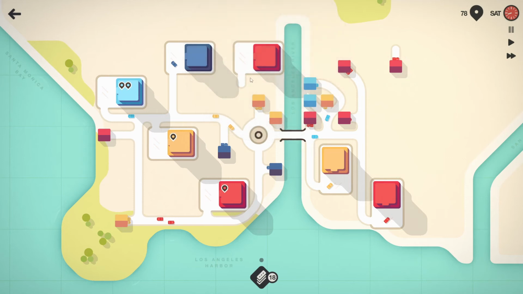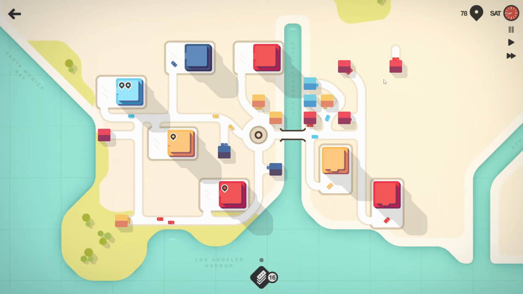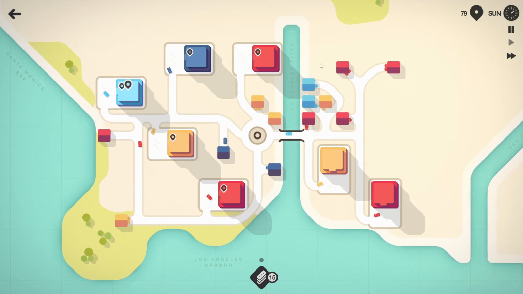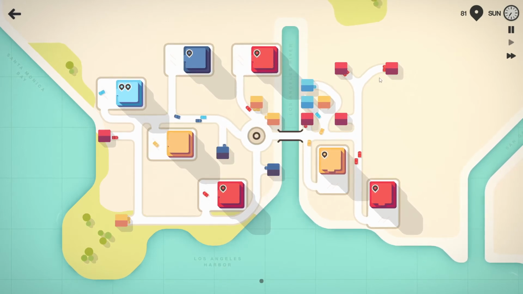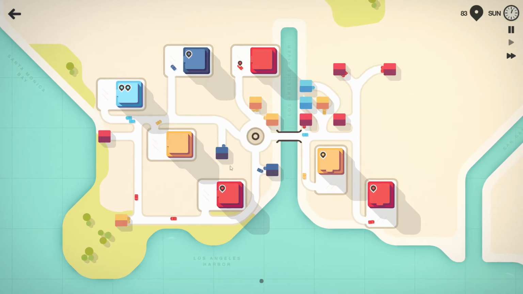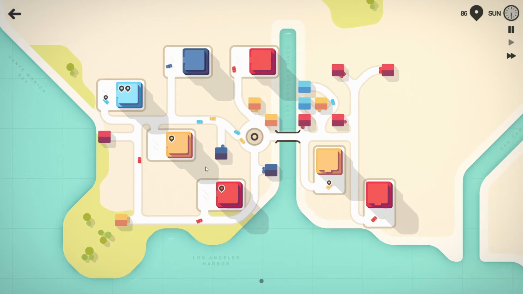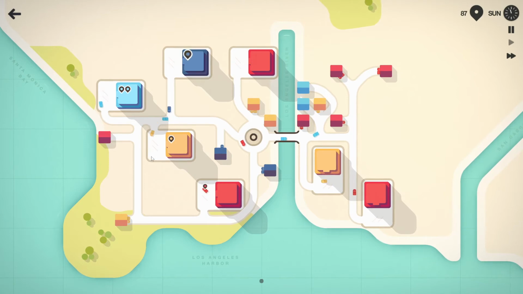Oh boy. This is when everything starts to get messier. I do like how, when a new business opens up, they tend to give you a house of the same color, just to kind of, the game understands what you need, generally. Sometimes the game likes to be a dick about it, but